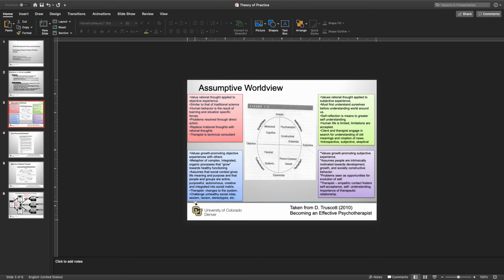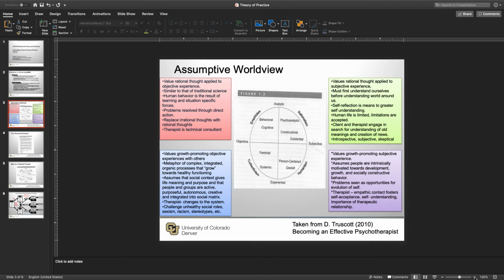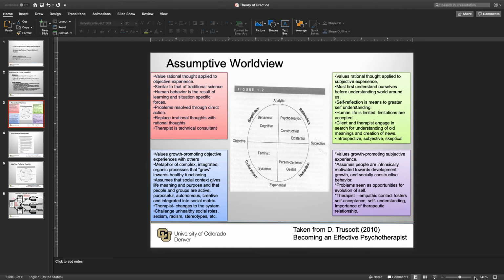The next slide comes from a book called Becoming an Effective Psychotherapist. It was written by a guy by the name of Truscott. And I liked the book because it helps emerging therapists and even very seasoned therapists to begin to identify what it is that they do and how they view the world from a really nice model. And the model is built on